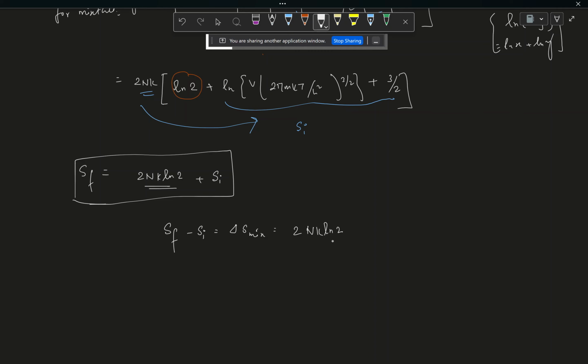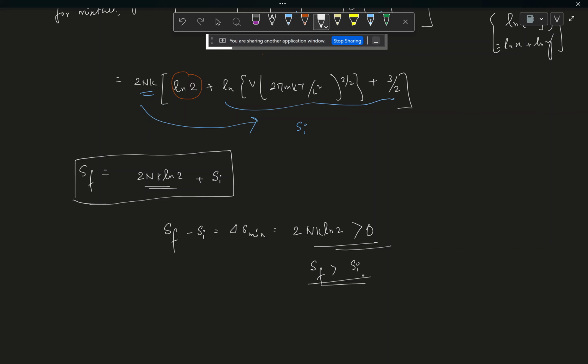Now because n is a mole number which is positive, k is also positive, and ln 2 is also a positive value, so this is greater than 0. That means your final entropy is greater than your initial entropy. So this calculation is showing us that by mixing two ideal gases, you are increasing the entropy in this process, but which is actually not true or paradoxical, because